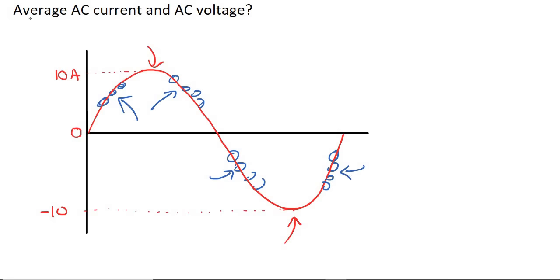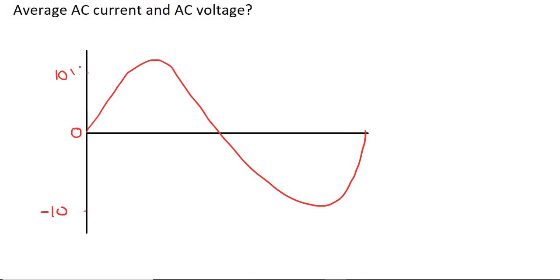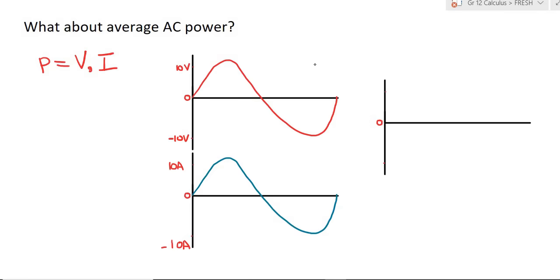And the same is true for voltage. If we use 10 volts, for example, and negative 10 volts, once again, if you had to do this the proper mathematical way, your average will be 0. And so what we're going to do is the following. We're rather going to look at the average AC power, because we know that power is equal to voltage multiplied by current. And when we look at power, everything's going to work out just fine, because let's say, for example,